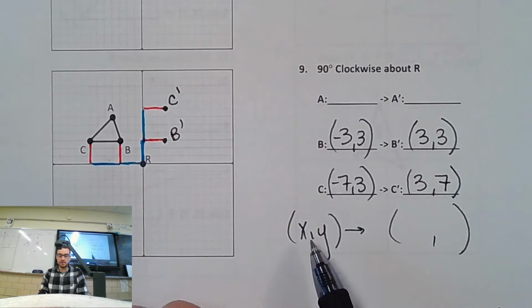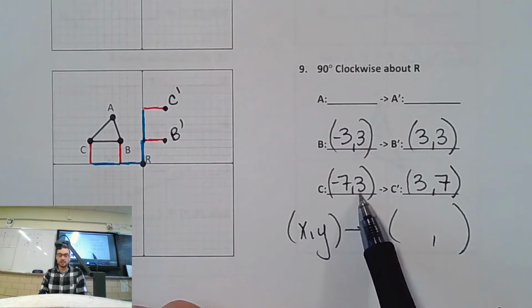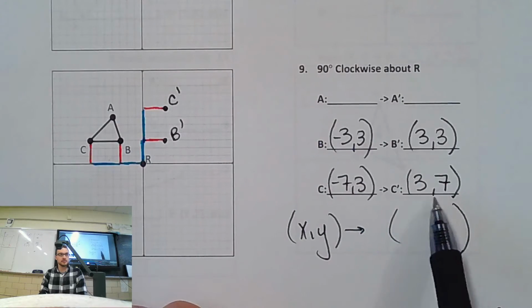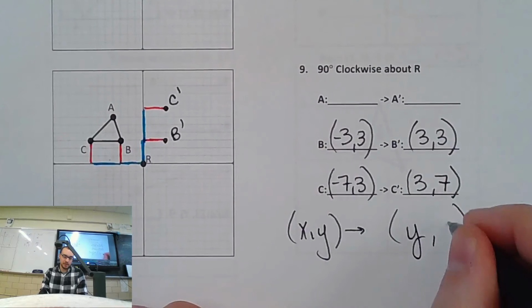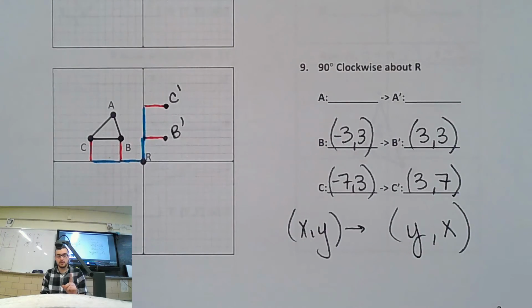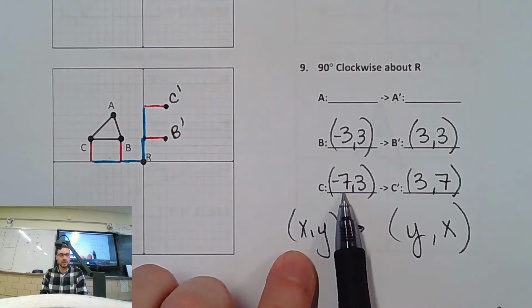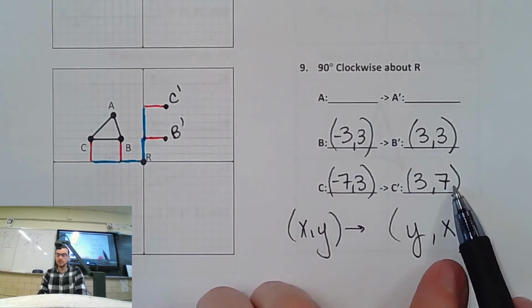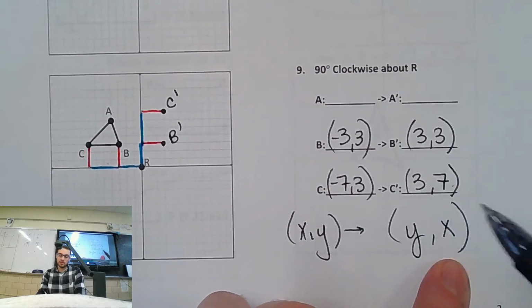Yes. So see how our x is -7 and our y is 3? See how they change spots? So the y goes here now and the x goes there. But that's not all that happened. See how the -7, that was our x, became a +7? So this one's sign changed.